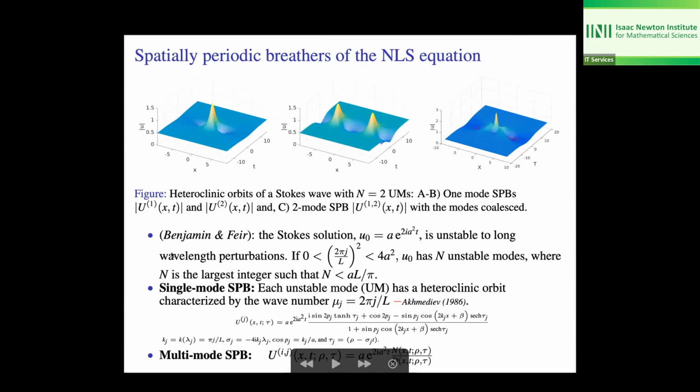And these heteroclinic orbits can be obtained by a Bäcklund transformation. In the first two plots, you see two distinct single mode SPBs that are associated with the plane wave. And multi-mode SPBs can be